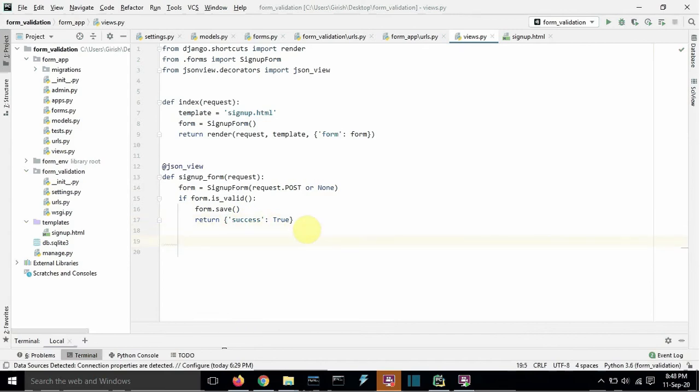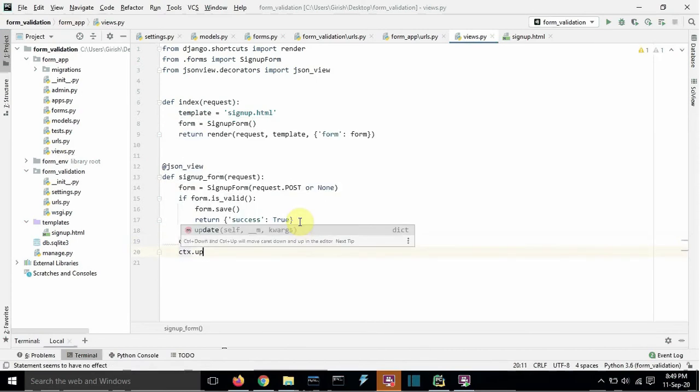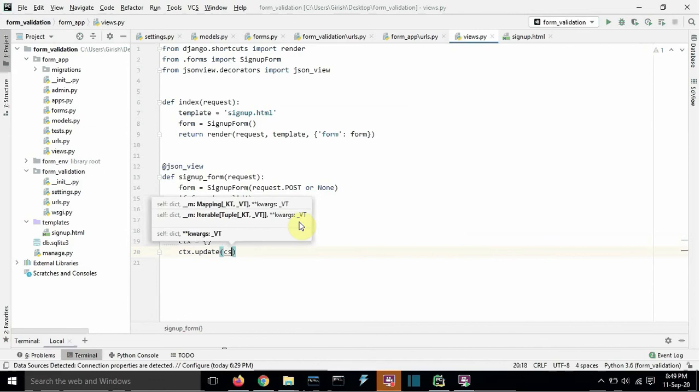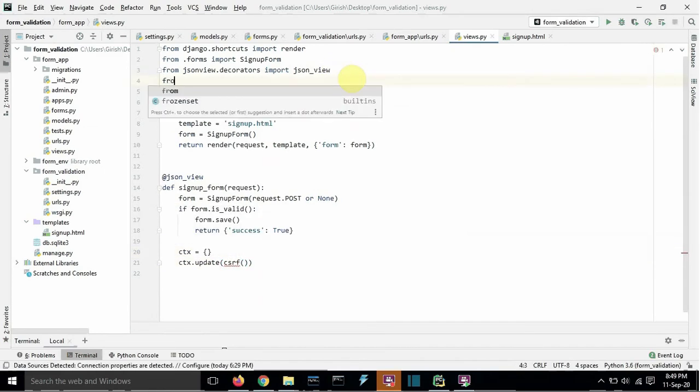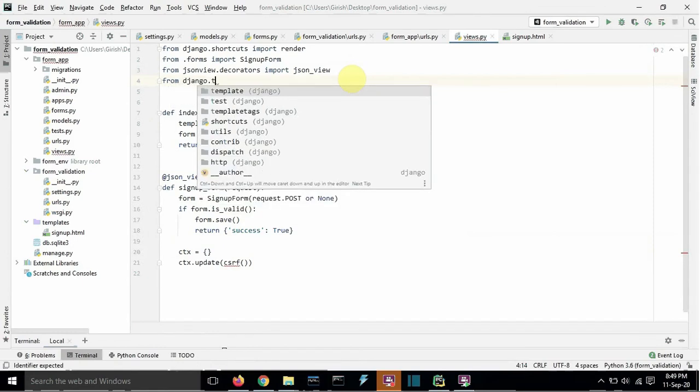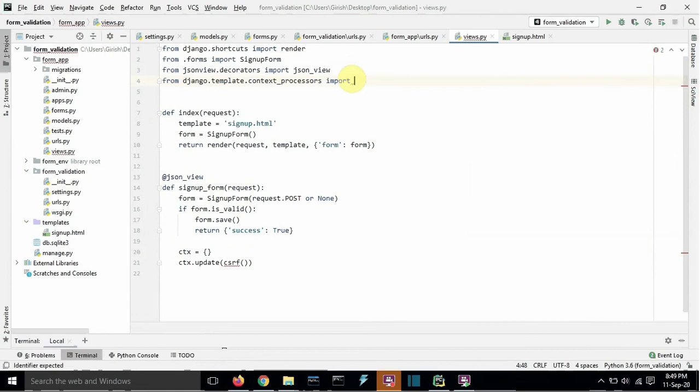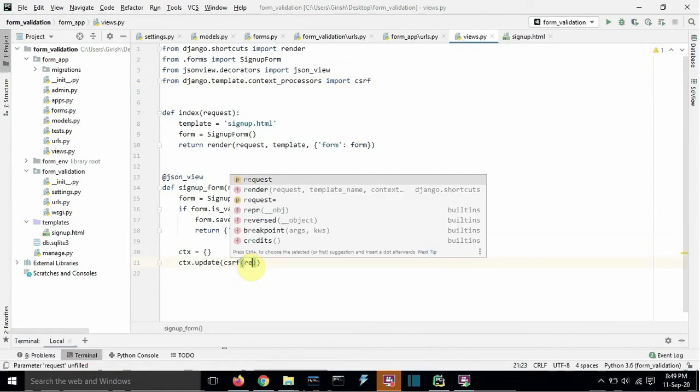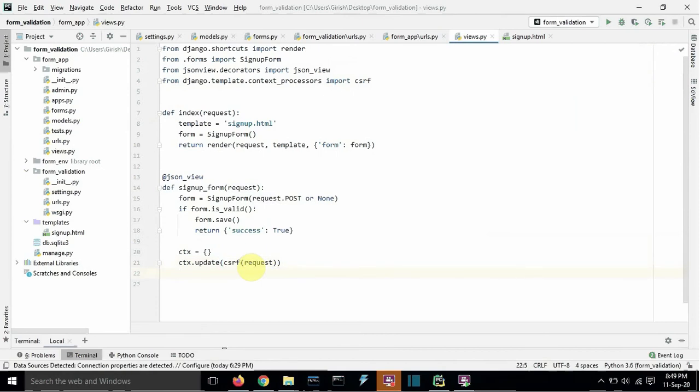Now type here ctx equals to curly braces ctx dot update csrf. Import here from Django dot template dot context processors import csrf. Type here request. form html equals to render